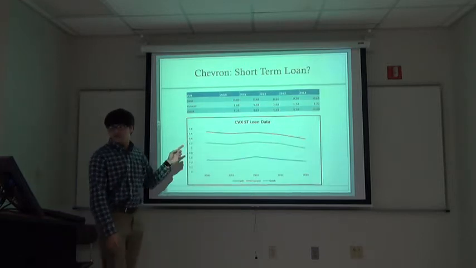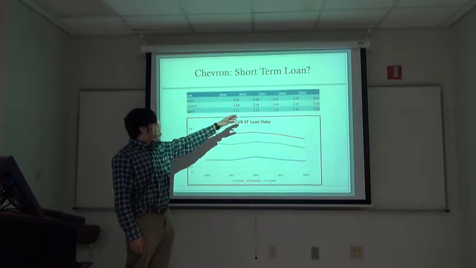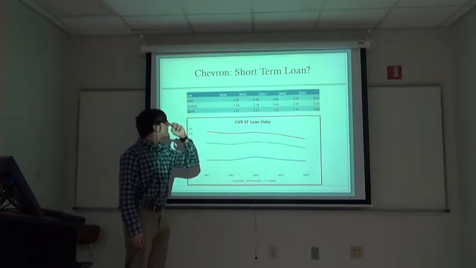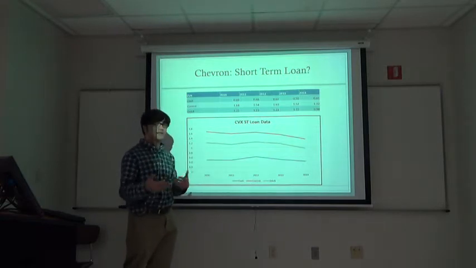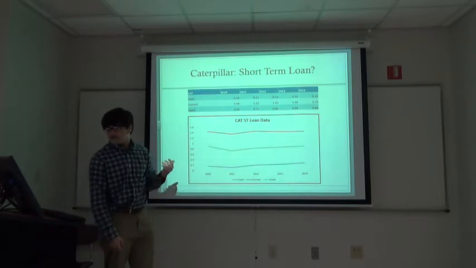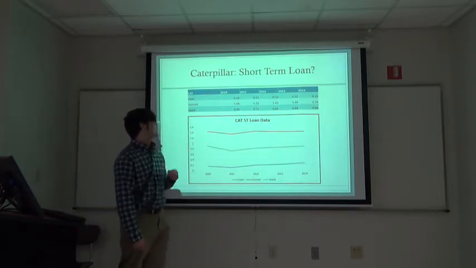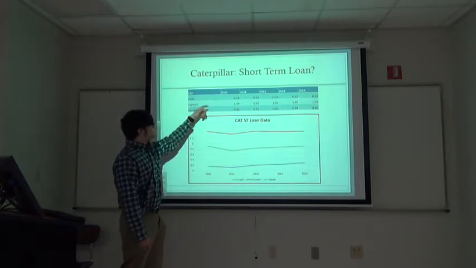If you look over here at Chevron, a little bit of higher numbers. It doesn't decline as much. We actually have a peak in 2012. The current and quick are still looking good, so it's not completely liquid, but it's not something that could fall apart easily. And then Caterpillar is just a lot lower than the other ones. The current ratio is still kind of good, but in terms of cash,